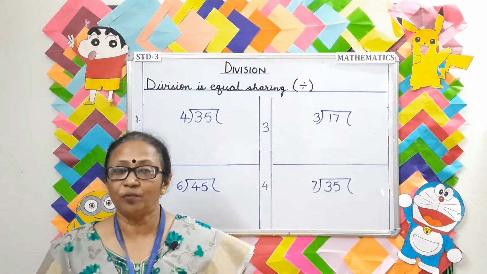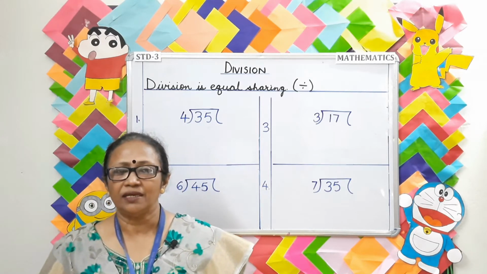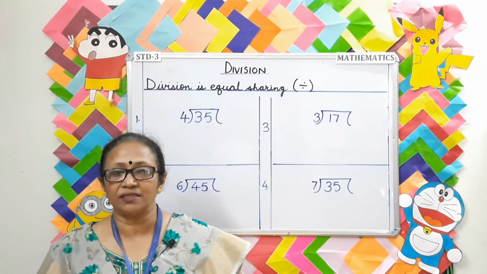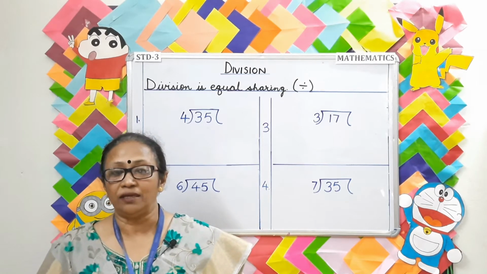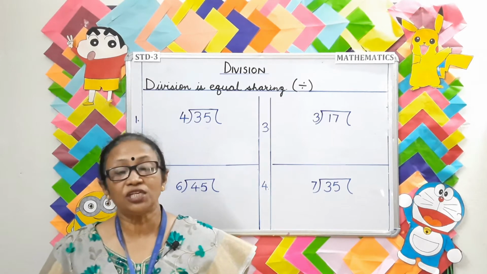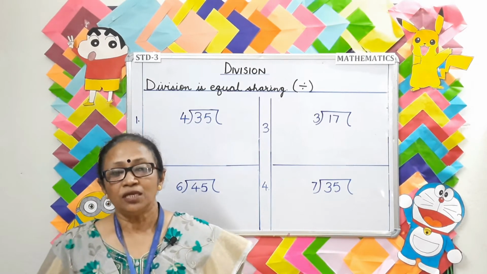Now, children, everybody celebrates birthday, isn't it? You celebrate your birthday, I celebrate my birthday. Today is Anu's birthday and she has brought 12 candies for her 3 friends and she wants to distribute it amongst them equally. Now, she needs help. So, how will she distribute? Let's help her to distribute the candies.